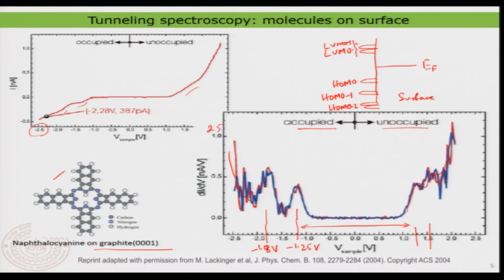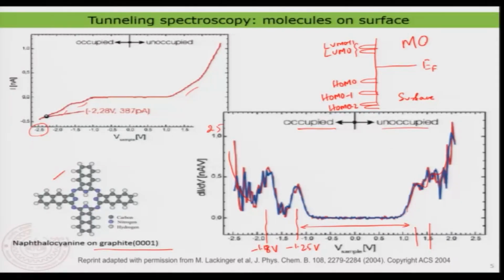So, you can basically now count the electronic states, and you can also see their relative position with respect to the Fermi energy and also with respect to each other. So, ideally what you have now constructed is nothing but the MO diagram of this molecule. So, this is beautiful, right. This is quite spectacular about this kind of spectroscopy, and believe me, we have done it actually on a single molecule. This is my own experiment. You can read more details in this paper. We can basically measure the electronic structure of a single molecule in greater detail. So, this is quite important.